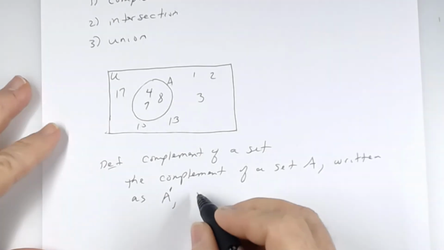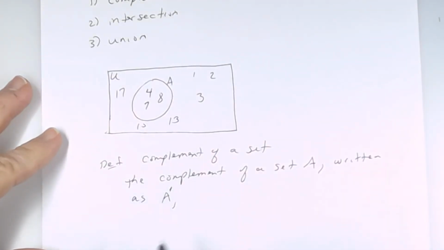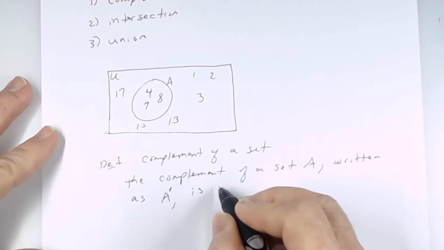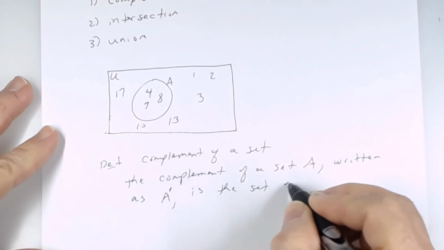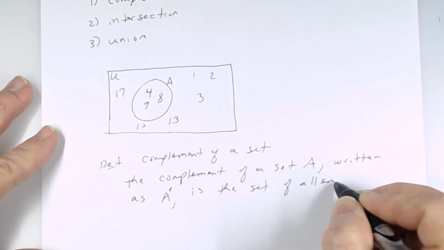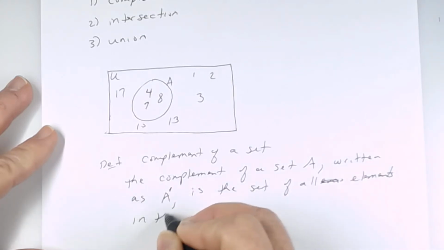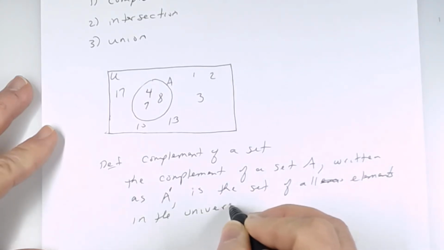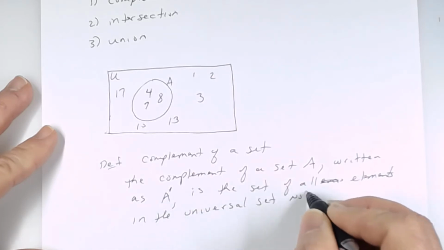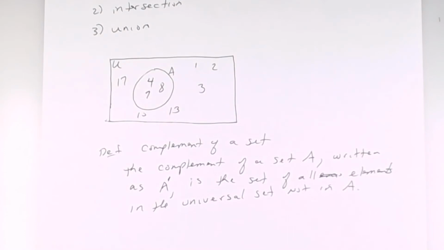And here's what it means. The complement of a set A, which is written like this, is the set of all elements in the universal set not in A. So write this down. So the definition of a complement, if you're looking at A complement, so you have A in front of you,